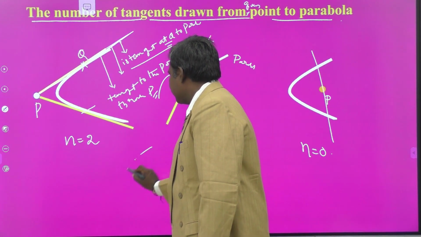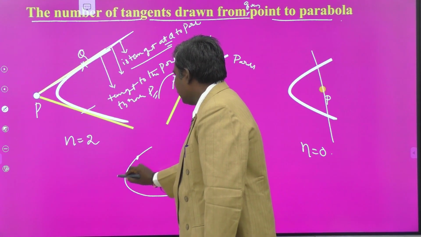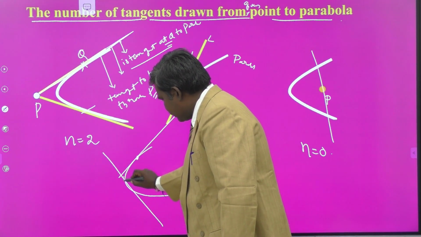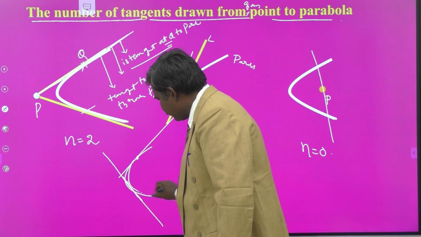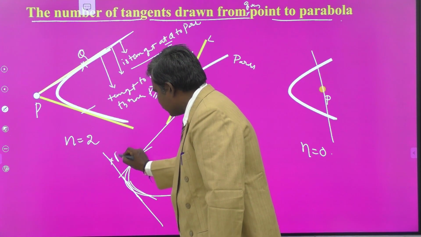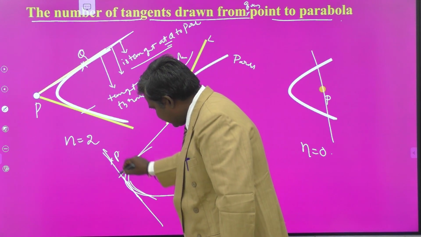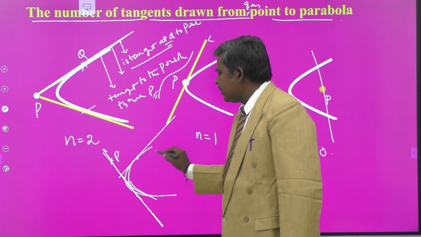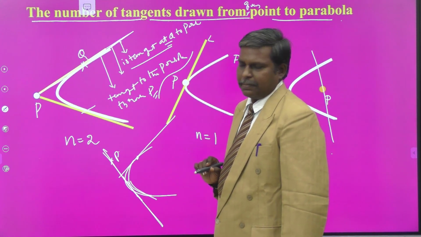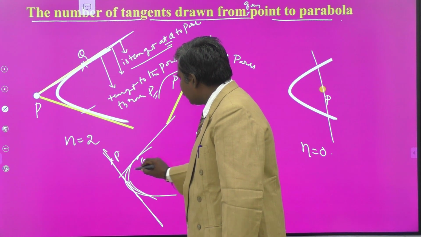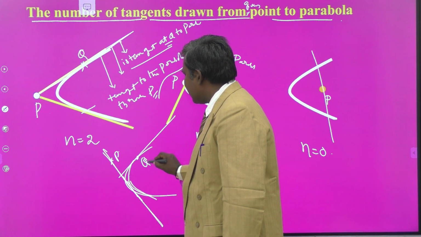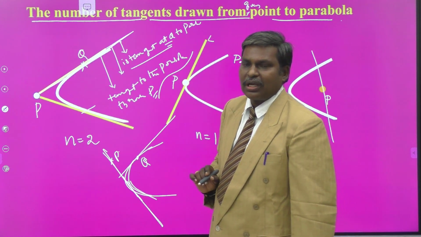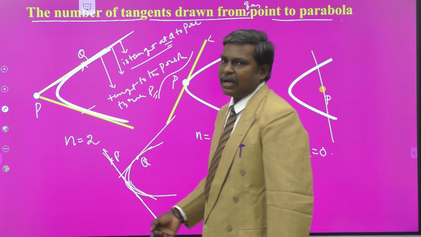Tangent at that point: this is the point on the curve. We say that this is tangent at the point. Suppose this is the tangent to the curve. If it is passing through some point P, we say that the tangent is drawn through this point to the curve. That is the meaning. Here also the tangent through the point Q, even though we say that the tangent at Q to the curve. Simply tangent at Q to the curve if the point Q is on the parabola.